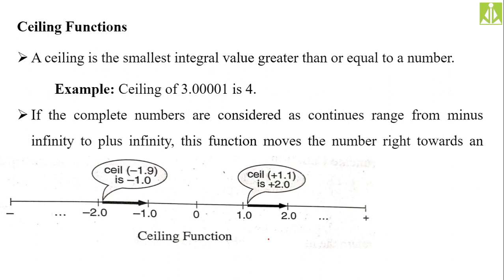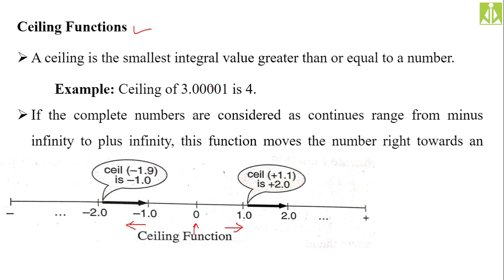So we understand it in terms of round figure, so I am using the term over here. If you have the number sequence like this, with 0 in the middle, all positive numbers at the right hand side and all the negative numbers at the left hand side of the 0, then the ceiling function will give the nearest integral value always in the right hand side. Always in the right hand side.